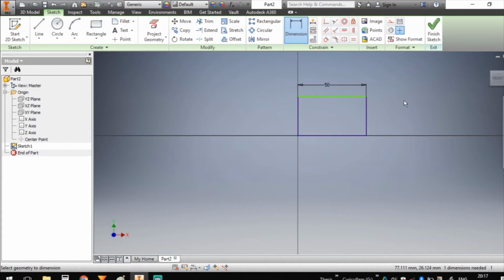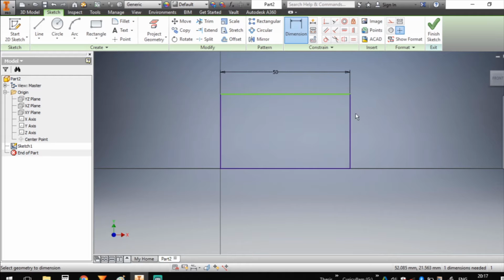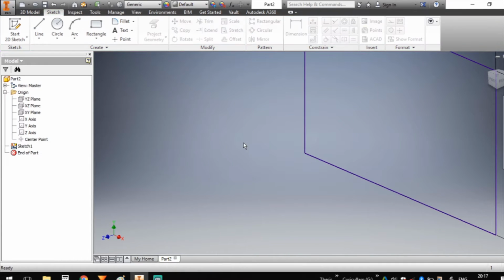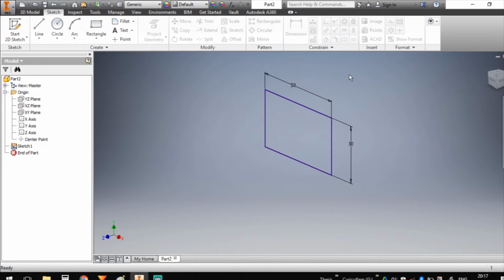Same way, give the dimension of the width. Select the width, move the cursor right side, left click again and give the appropriate dimension. I will give 30. Your rectangle is complete. So finish the sketch. Now our sketch is ready.